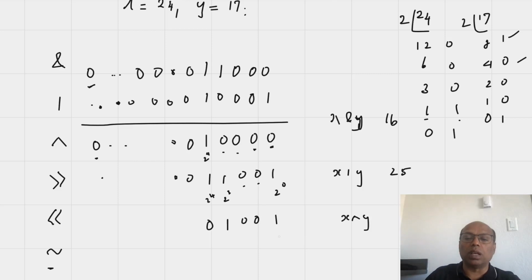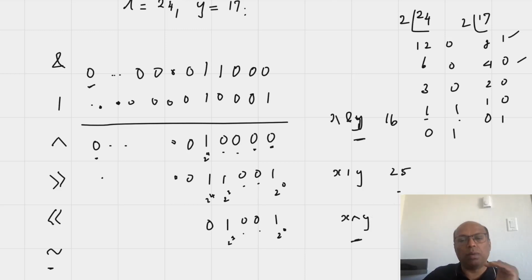This is 2 raised to 0, 2 raised to 1, 2 raised to 3. This is 8, 8 plus 1 is 9. When you want to verify it, make sure that you can verify easily. The sum of AND and exclusive OR will become OR. 16 plus 9 is